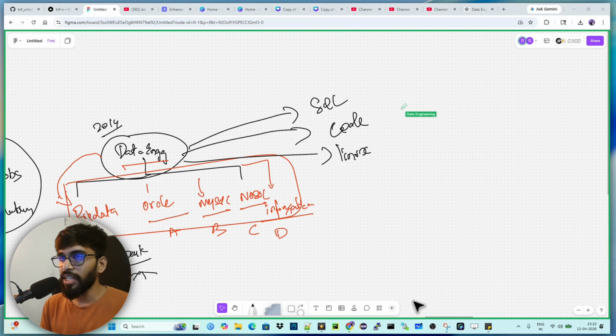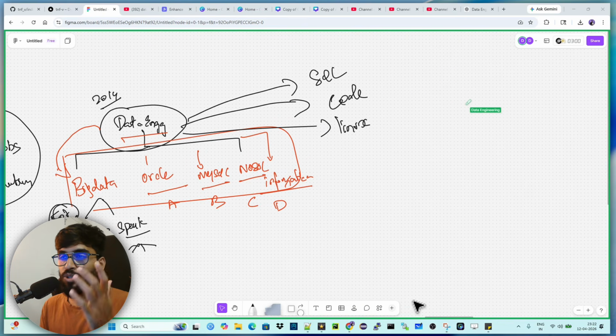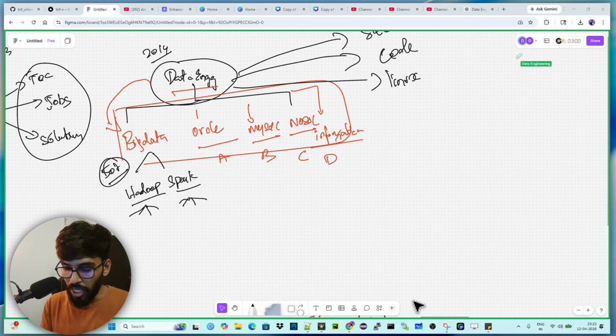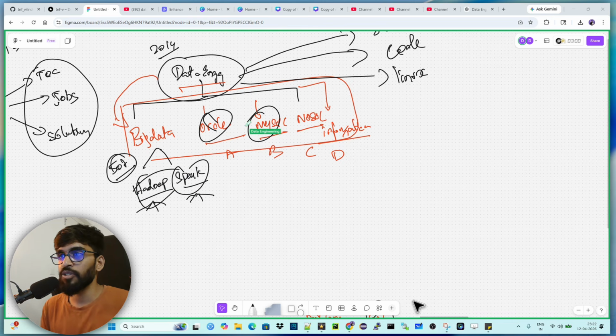And what is the day-to-day activity of a data engineer? In simple terms, I can tell you this. Data engineers work on data problems. The problem could be anything, as I told you before. Some problems I've told you, right? So any data problem that comes, I'll be working on it to fix it with some solution. I may use Spark or Hadoop or even Oracle or MySQL, some tech stack to fix that problem.